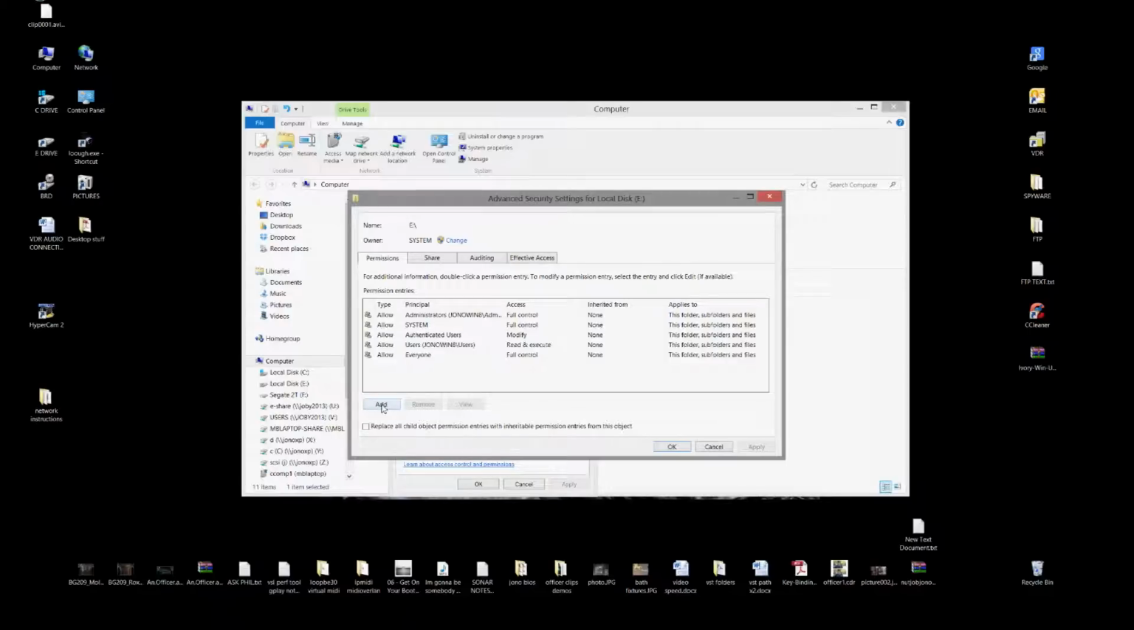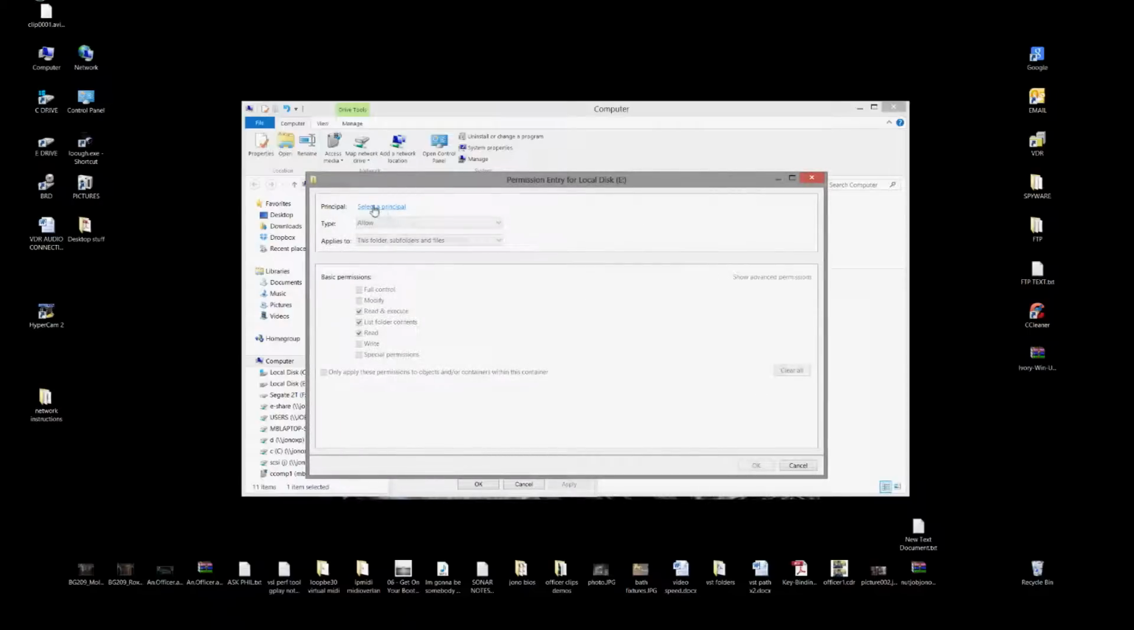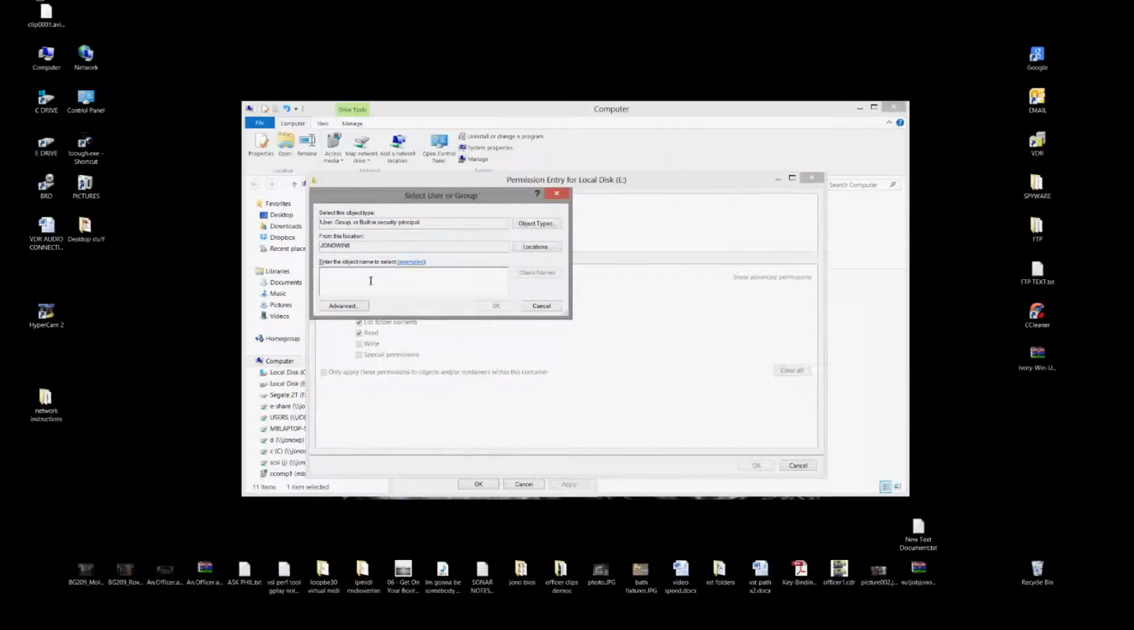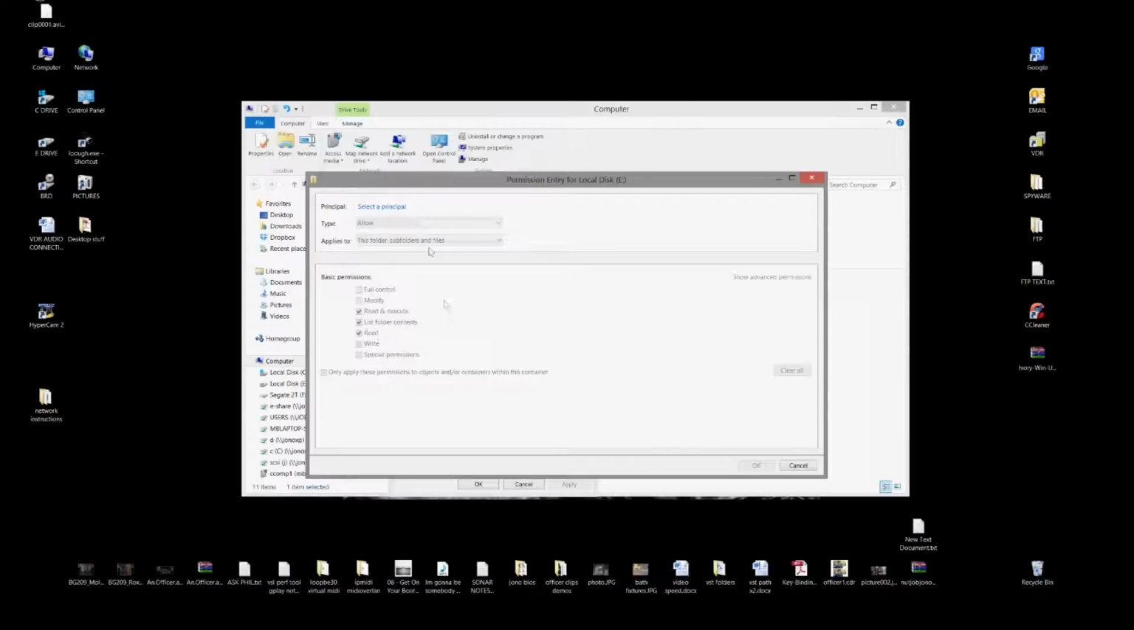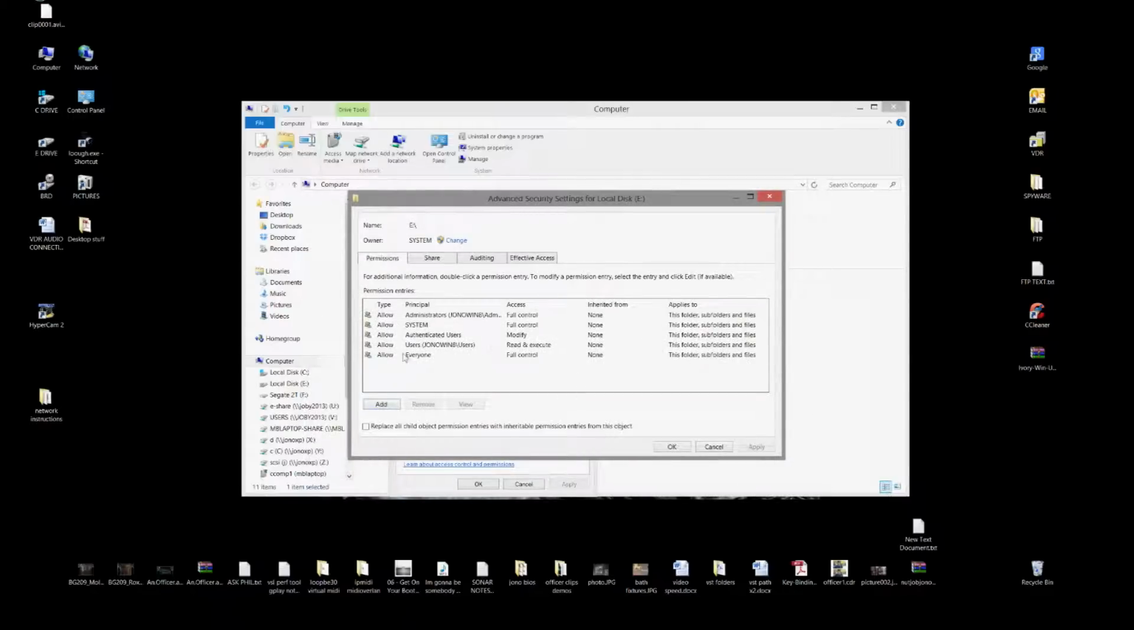Then we say add, and we say select a principal. Then we type the word everyone, and we say OK. I'm not going to do it, I've already done it, but we say OK here. When we come back, this won't be grayed out anymore, and you can choose full control, make sure all these check marks are on down to here, and then say OK. Once you do that, then this will be in the list now. Click on it,